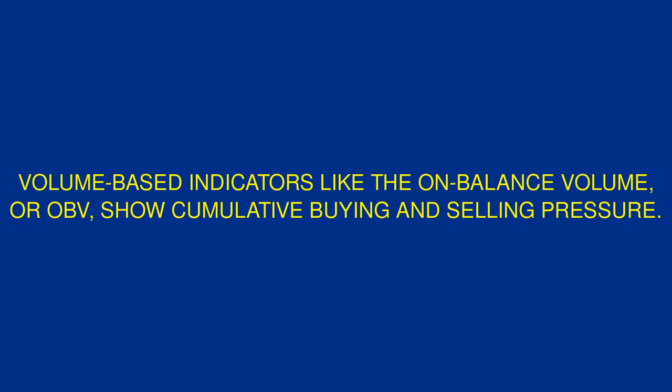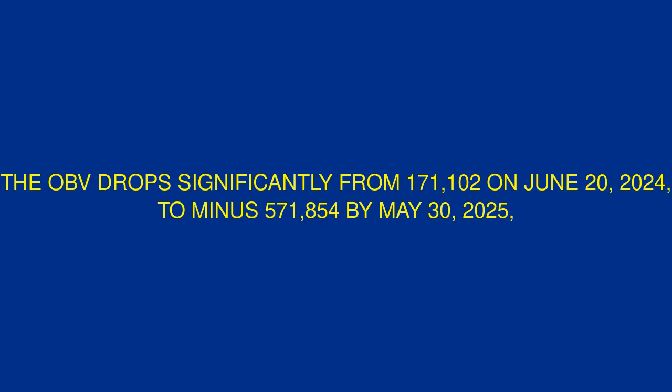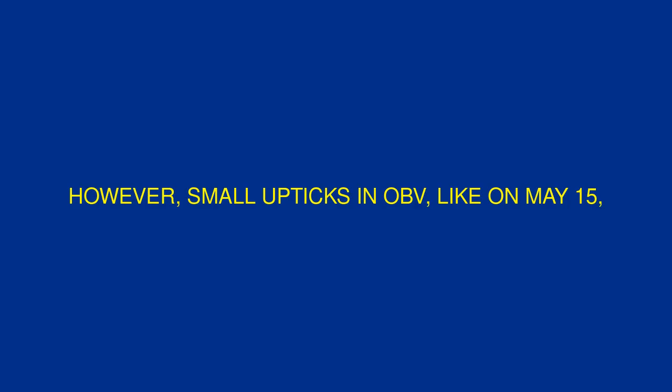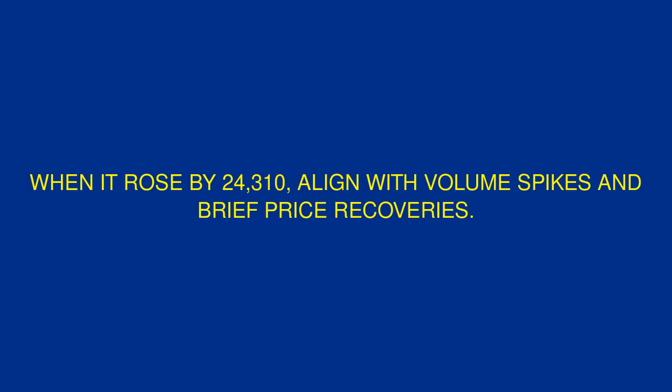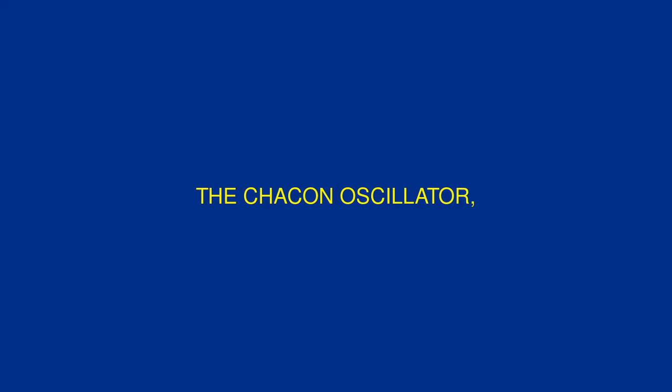Volume-based indicators like the on-balance volume, or OBV, show cumulative buying and selling pressure. The OBV drops significantly from 171,102 on June 20, 2024, to minus 571,854 by May 30, 2025, reflecting consistent selling pressure. However, small upticks in OBV, like on May 15 when it rose by 24,310, align with volume spikes and brief